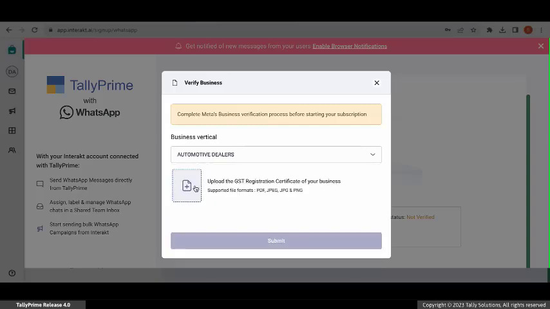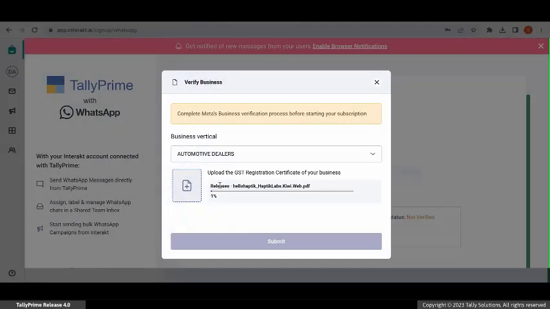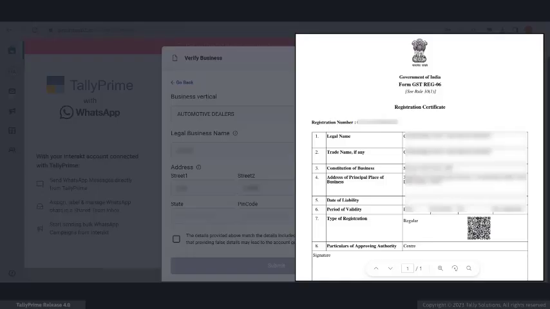Upload your GST registration certificate. You can log into the GST portal and download your GST registration certificate. Enter your legal business name and address. Ensure that the business name and address is the same as mentioned in the uploaded GST registration certificate.